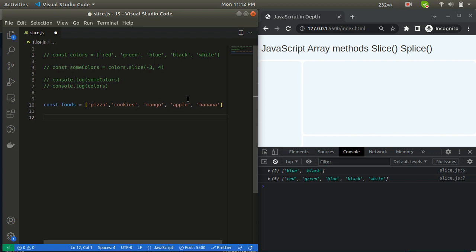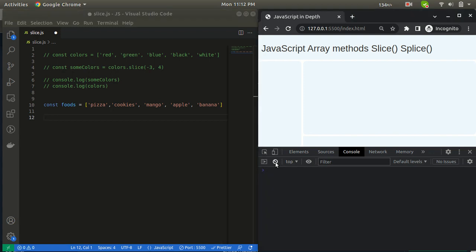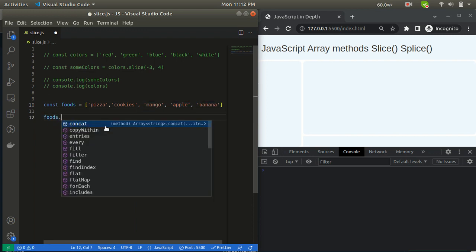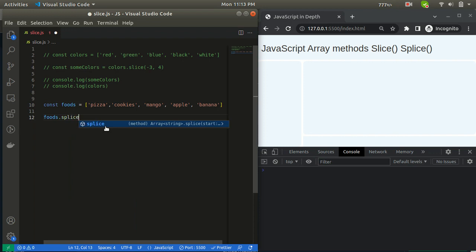So let's remove elements from the array first. Suppose we have to remove elements from the second index. The second index is mango. If we want to remove elements from here, we can simply use foods.splice, and we just have to pass the starting index from where we have to remove elements.